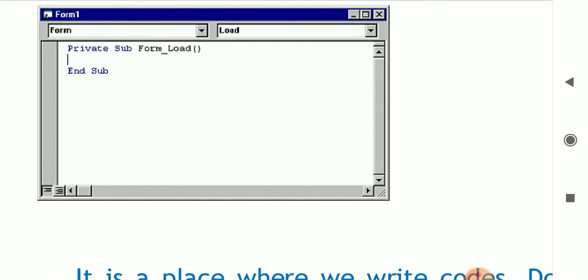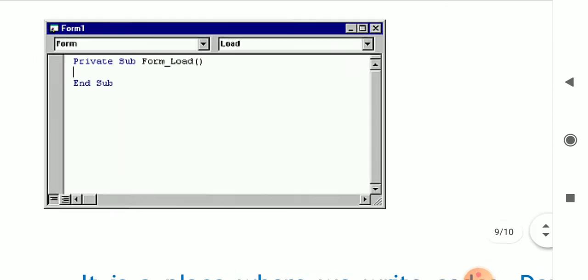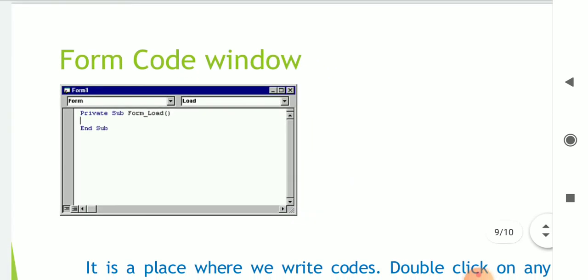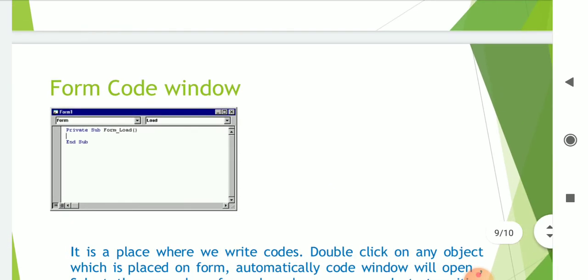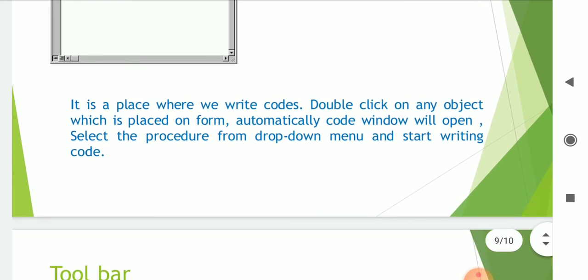In the same sense, if you want the output to open when you click on a particular button, then from the form drop down you have to select the button, and from the load drop down you have to select click. So when the button is clicked, the output will open in front of you. So here is the place where you have to write down the coding part in Visual Basic.